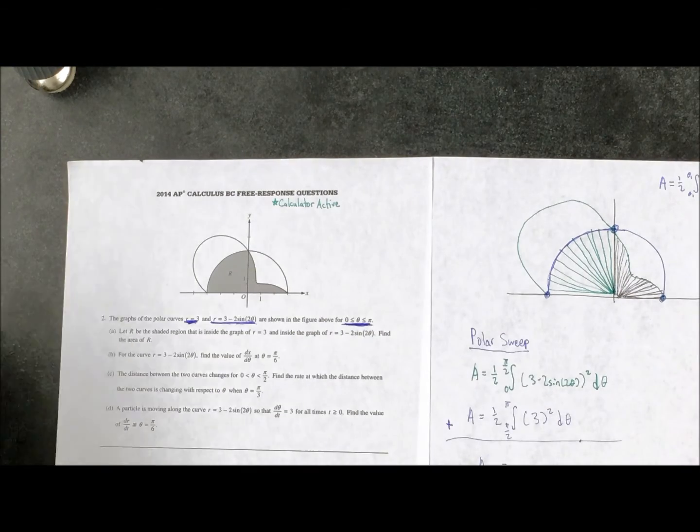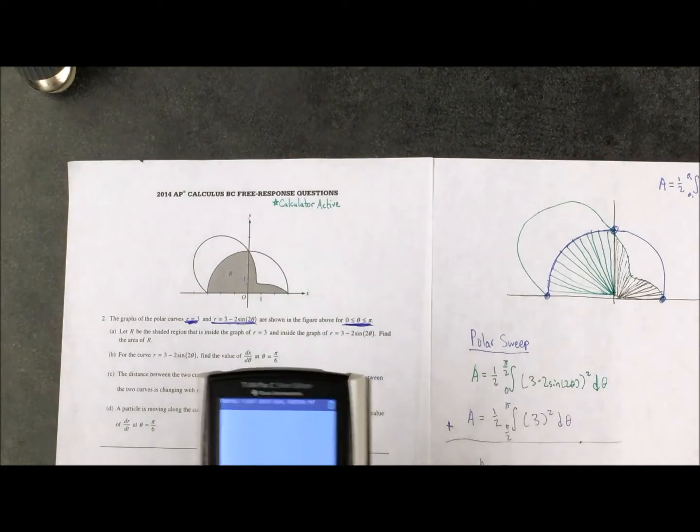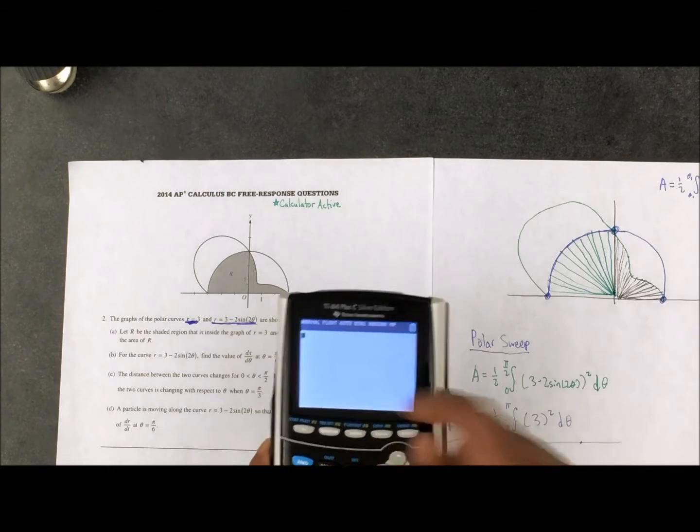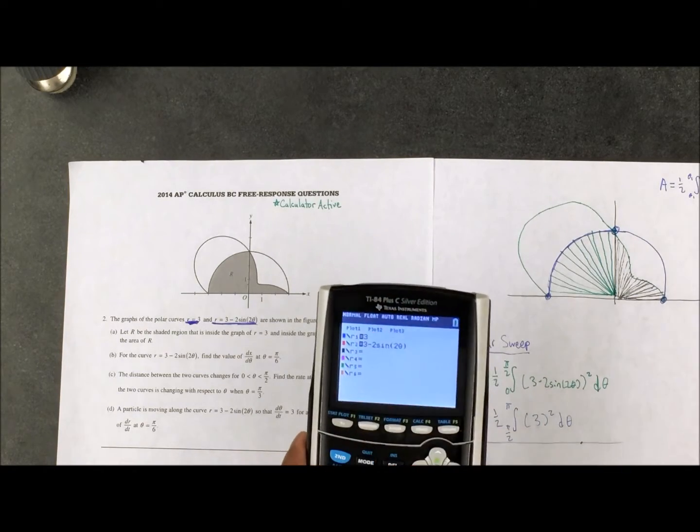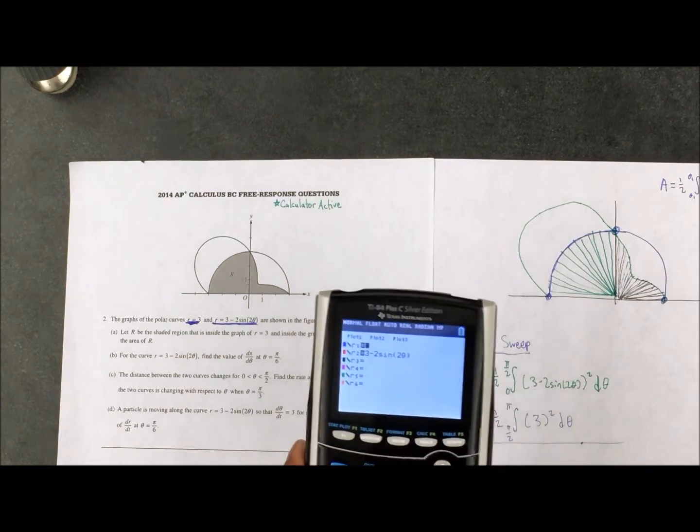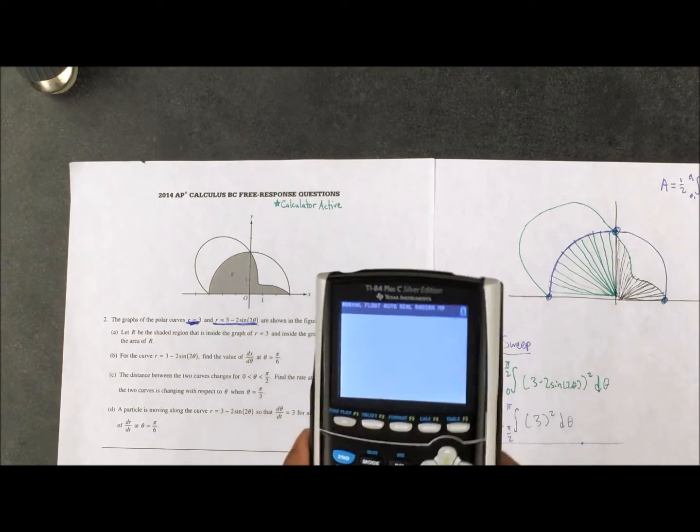Since this is a calculator active problem, and I've inputted both my functions in, I'm going to go ahead and use my calculator to do that. So my r1 equals 3, my r2 is 3 minus 2 sine 2 theta. So we'll start